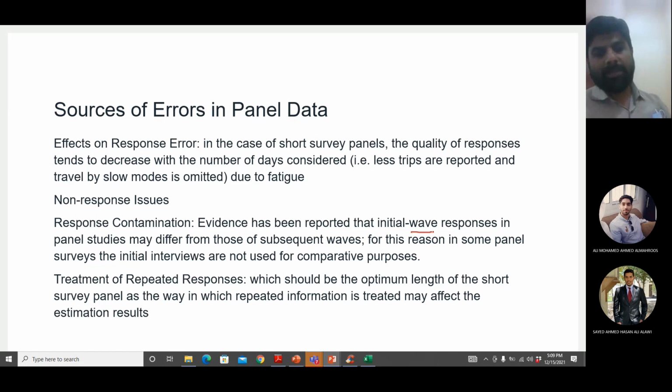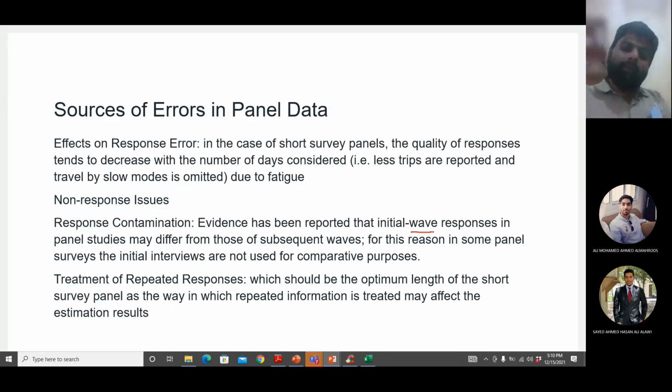So they will start using the responses from the second, third and fourth wave onwards. Because initial responses, they say, maybe people didn't know what we were trying to ask. They didn't know that the survey will continue. They didn't know us. We didn't know them. Because of that, we became more efficient. They become more knowledgeable about our survey. They know why we are doing the survey. They know we are committed. So from the second time onwards, they become more responsive and more open.